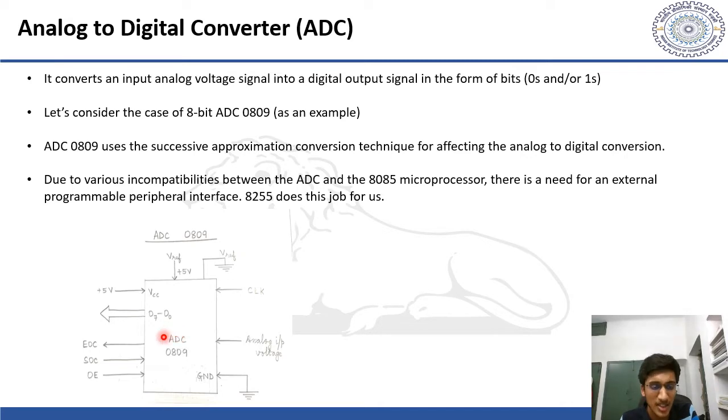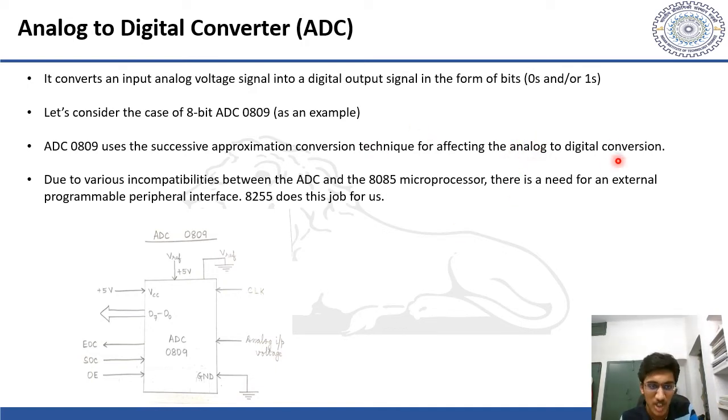In order to analyze the interfacing of an ADC with the 8085 microprocessor, I've considered the ADC 0809 as an example, and it is an 8-bit ADC. It uses a successive approximation conversion technique, wherein it employs a binary search algorithm for comparing an input analog voltage value against all possible 8-bit binary values in a successive manner, so as to finally converge on the best and most suitable digital data output corresponding to that particular analog voltage value,